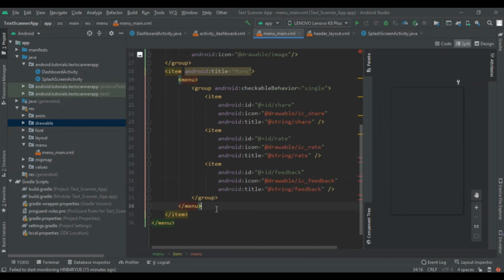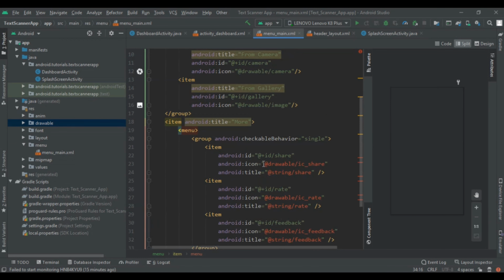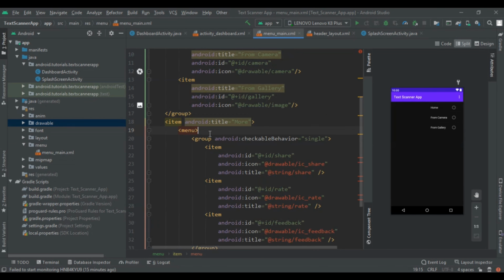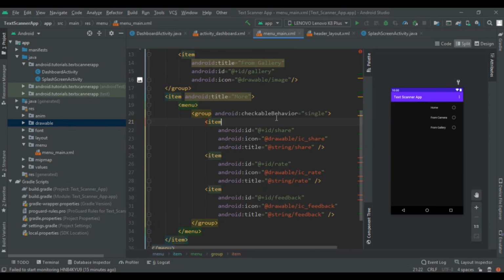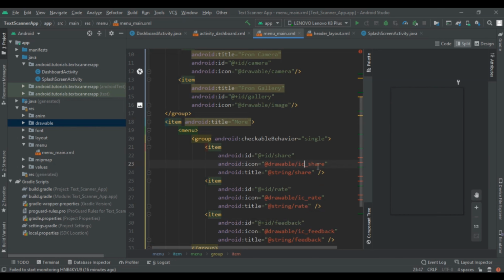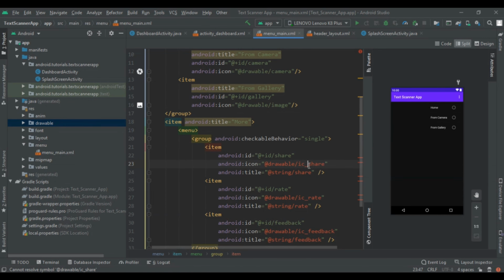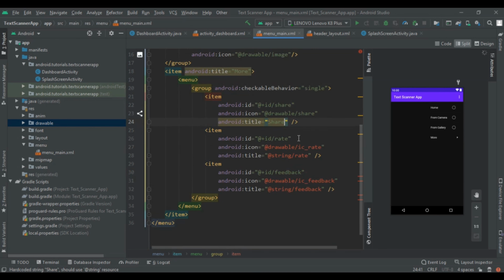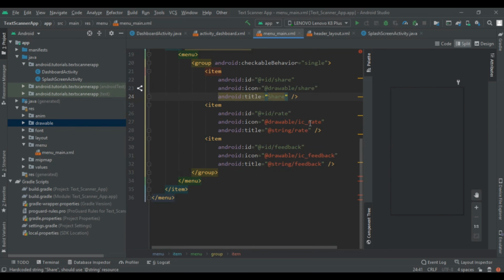So here you can see we had created menu, and inside that added one group and applied a check behavior to be single, and same like this we had implemented this some code. So now change this icon share to be share, and title will be share, and ID already share is given. Now this is rate as button, so change it, icon rate to this. I am changing it now.